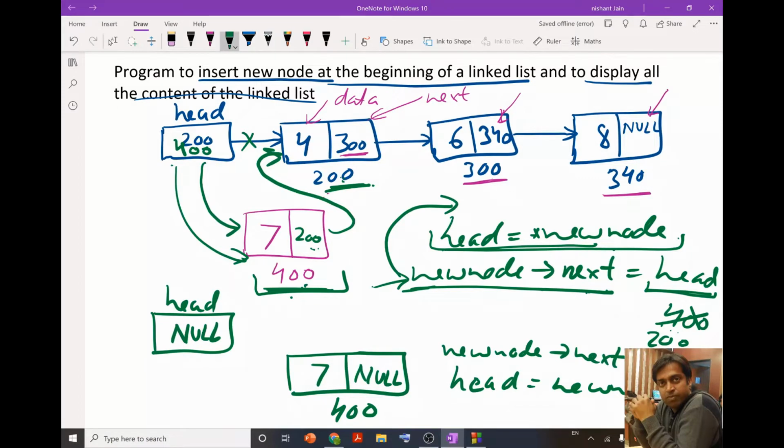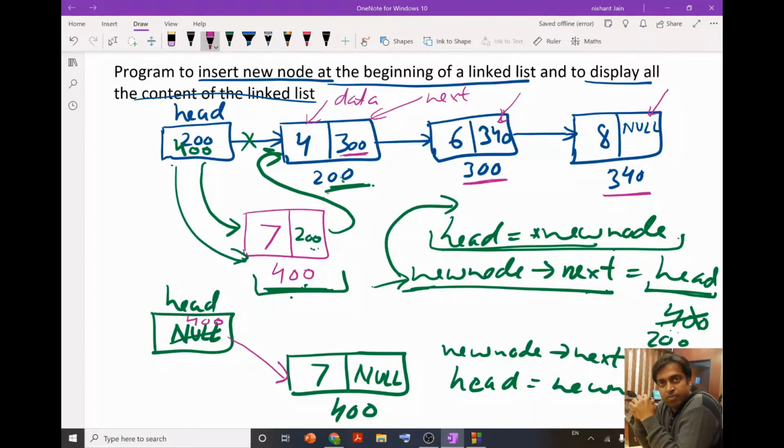So this null will be changed to 400. Now after the insertion of this particular node, I have connected the head with 400.